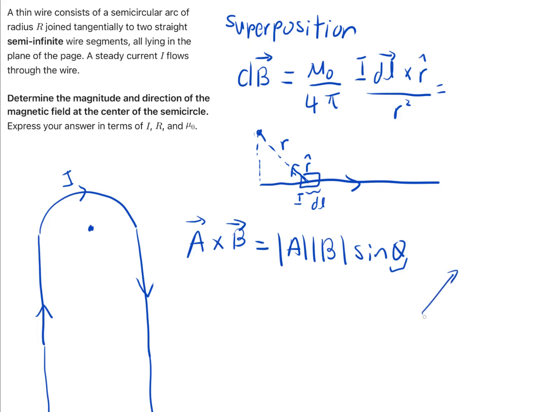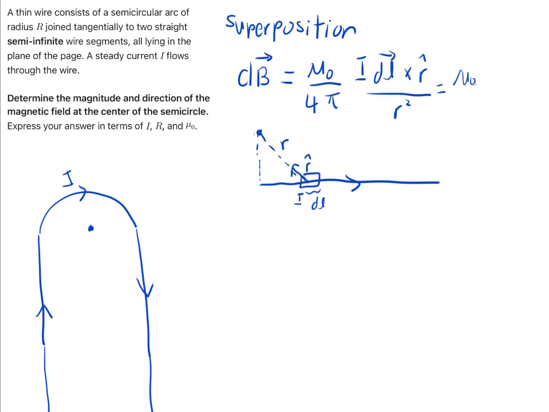If you have two vectors like this, you can pick either this angle or this larger angle, and it doesn't change the math. With that, we can write this more simply as mu0 I dl